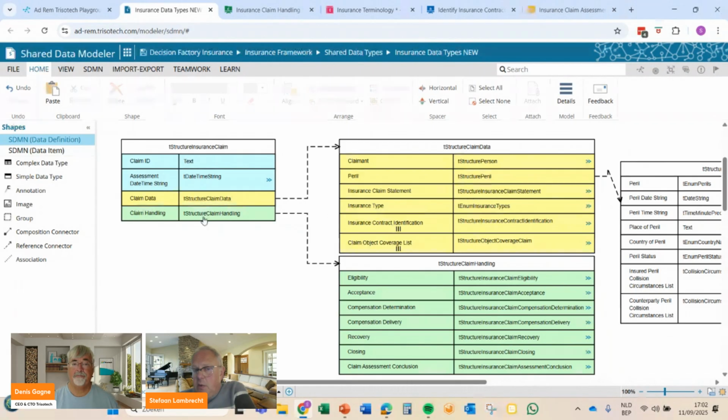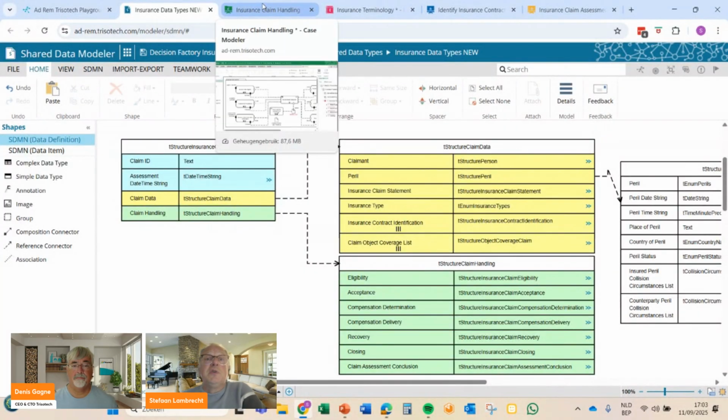And in fact, whenever the DMN or the decision logic takes decisions or conclusions on eligibility, acceptance, etc., that is the green part. That is what we saw as an outcome of the decision logic. And in fact, what we have here is one central object, which is the insurance claim, containing all input and all output data that exists throughout the life cycle and the handling of an insurance claim.